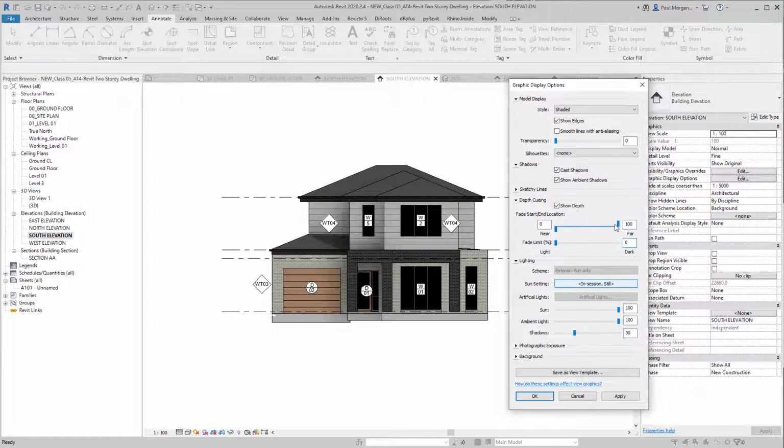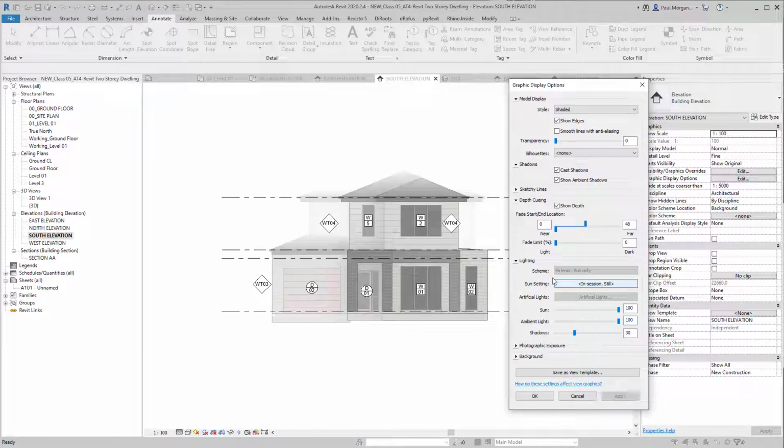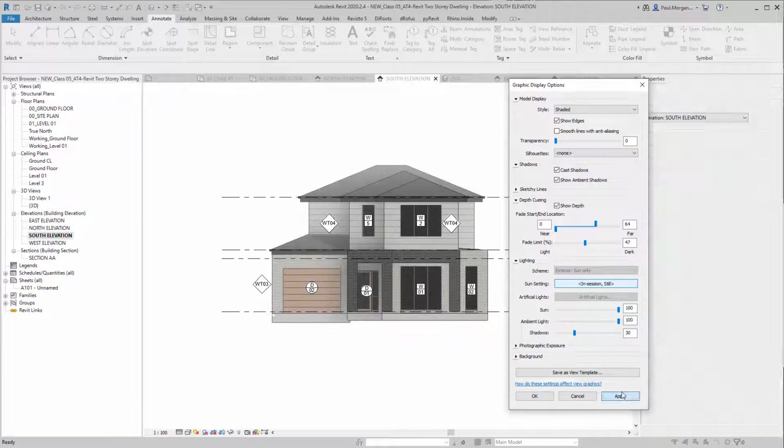So if I bring that back to here and say apply, oh, too far. So you can see how the further back the elevation goes, the more faded it becomes. And you can play around with this and see how far it actually fades, depending on how far back that goes. This is very helpful when you've got a very long elevation or